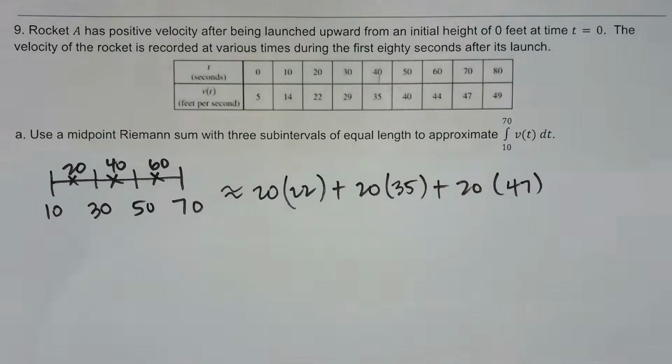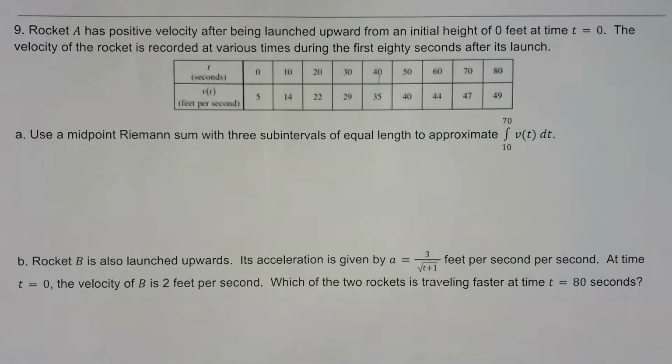And that's going to be my approximation right there. That's great. Did a midpoint Riemann sum. But then we can do something else, kind of take it back to the last unit and say, rocket B